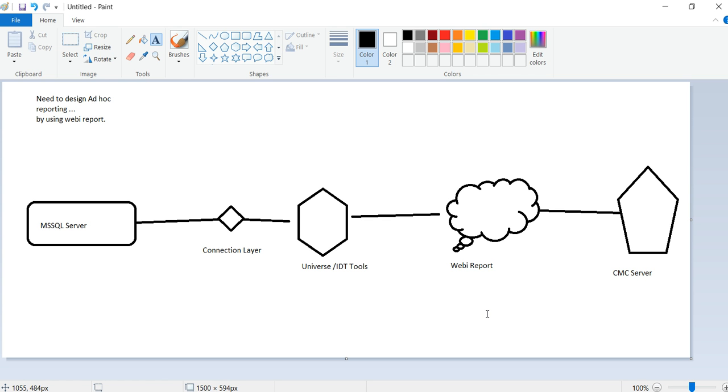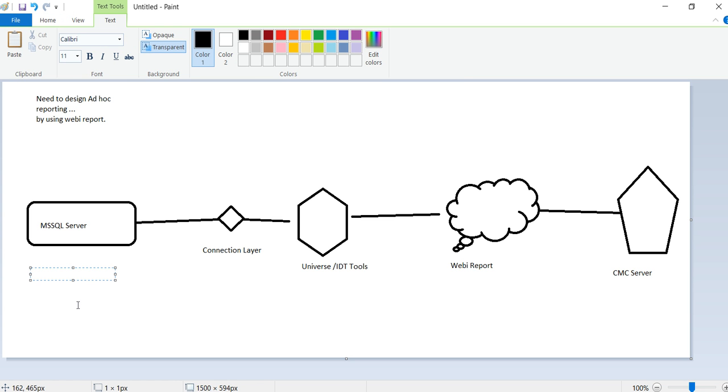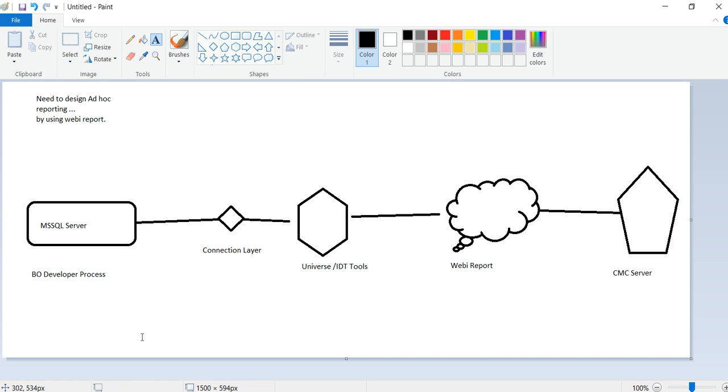Then we will drag those objects from the SQL Server. Then in the universe, whatever objects we design should be displayed in the Webi report. And then in the Webi report, we will design the reports. Then we will publish that report to the CMC server. That is the BO developer process.